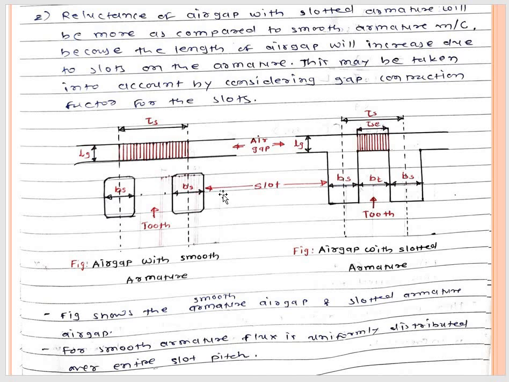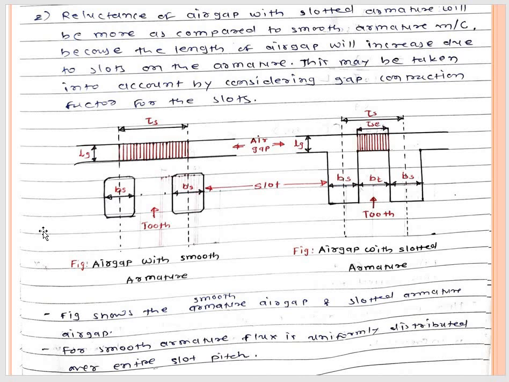In this figure, this square portion is slot, and it has width of Bs. The slot has width Bs, and same thing, this is the slot having width of Bs. This is the teeth having width of Bt. Again, this is the slot of Bs length. Now this is slot pitch tau s. Now this is the tau se. We will discuss it after this portion.